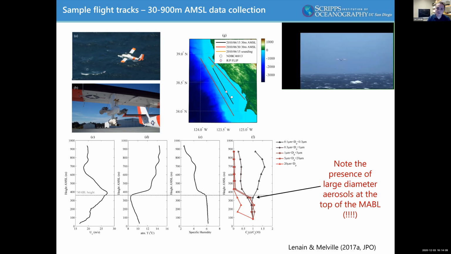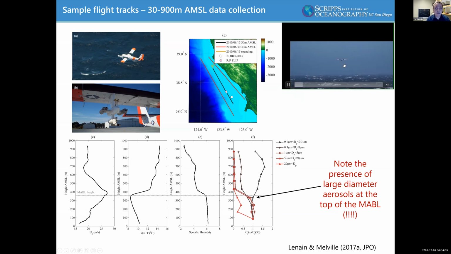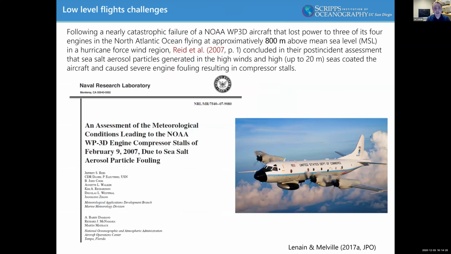But again, there is some risk associated with it. Very few aircraft can do that. To my knowledge, there is only one aircraft, the Scripps Twin Otters, that still do low-level flight. So a big challenge. And when it comes to risk, you also have to factor in salt and sea